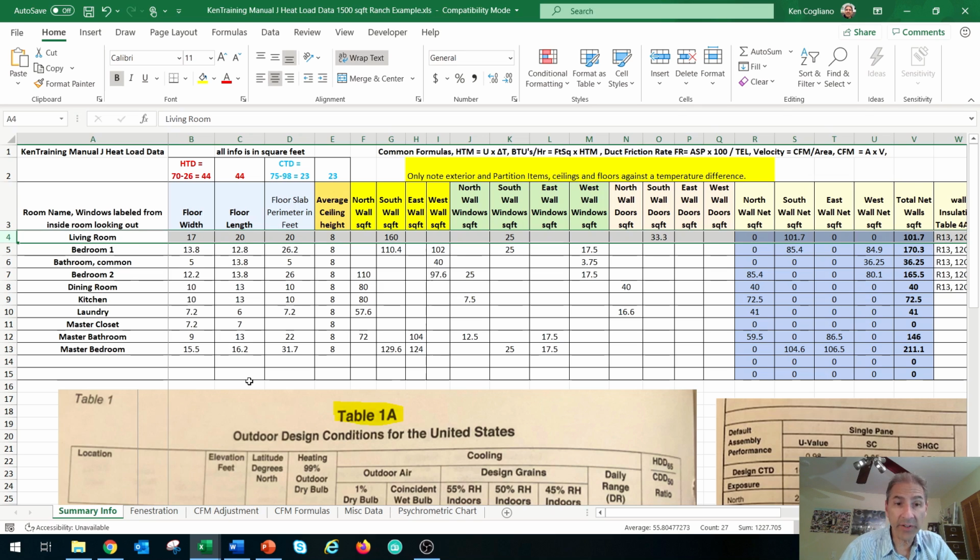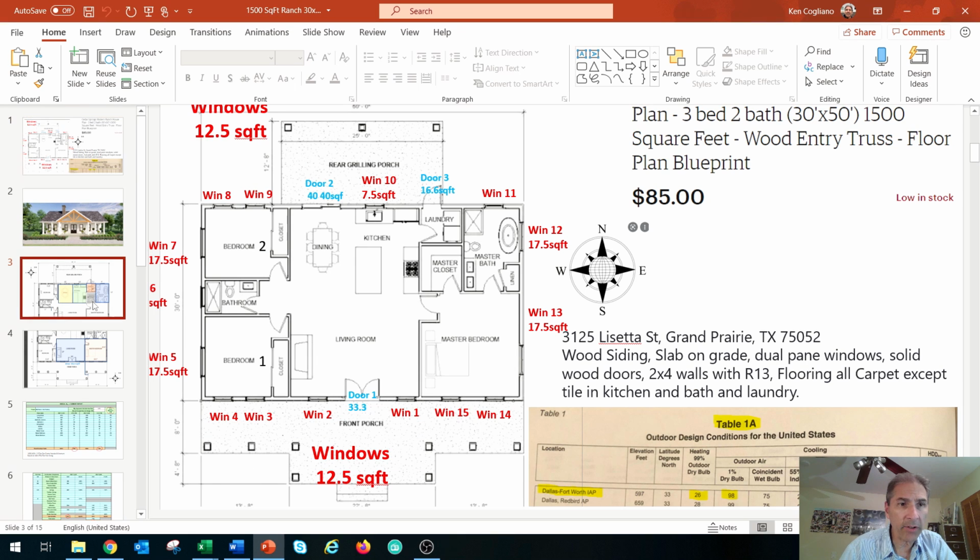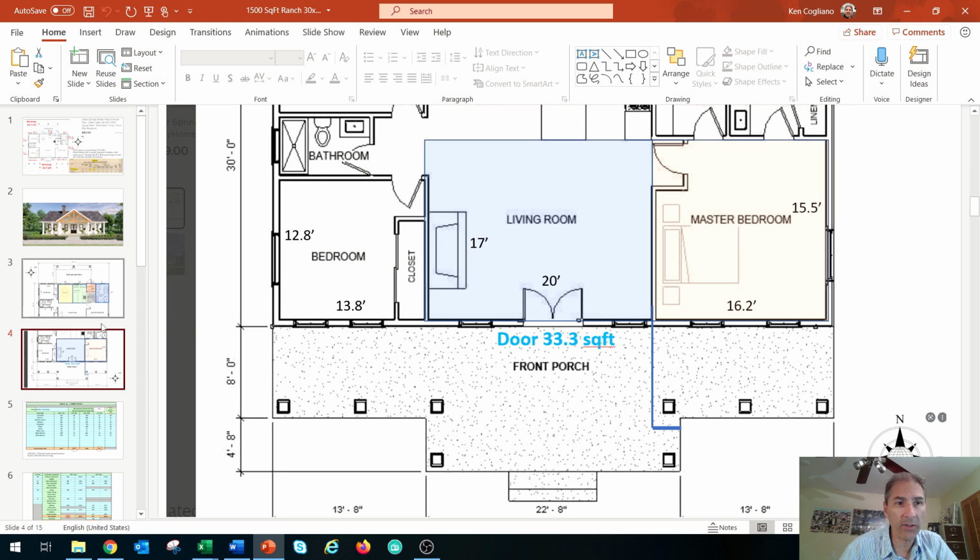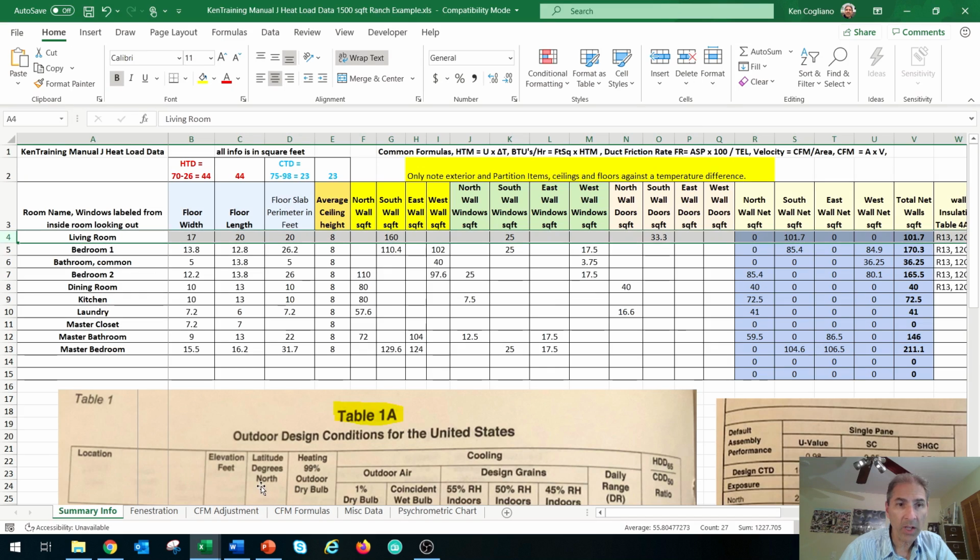This is the living room. So we go over and we want to know the floor length, width, and length. So when we come over here and we look at the living room, and I've got 2 different pictures here to give me different dimensions, but basically it's 20 feet by 17 feet is the living room. So when we come over here, it's 17 feet wide by 20 feet in length. The floor slab perimeter in feet, this column, this one right here, you want to know,